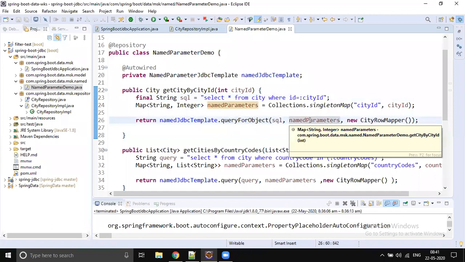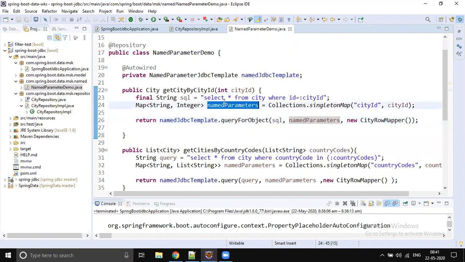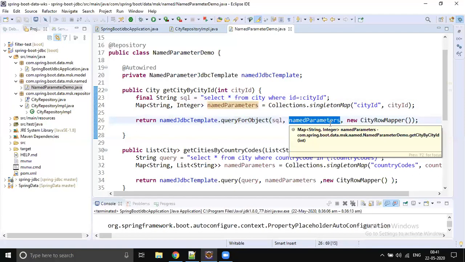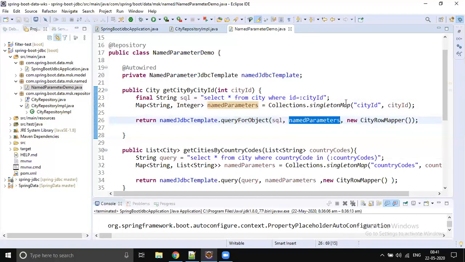So there we are passing arguments as an object array, but here we don't pass the data in terms of an object array. We will be passing in a hash map model. So you just need to create the data parameters as a map object, and you need to pass that map as a parameter input. Make sure whatever key you gave in the query, the placeholder key, it should match your input parameter.